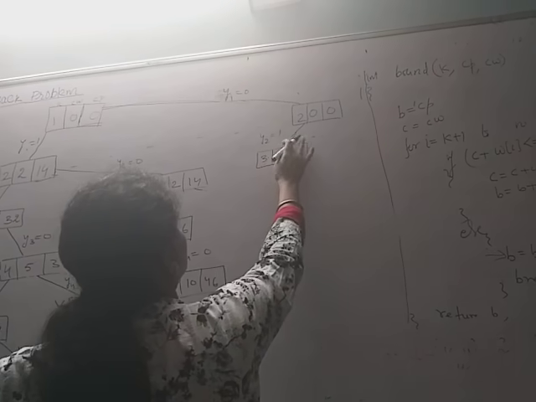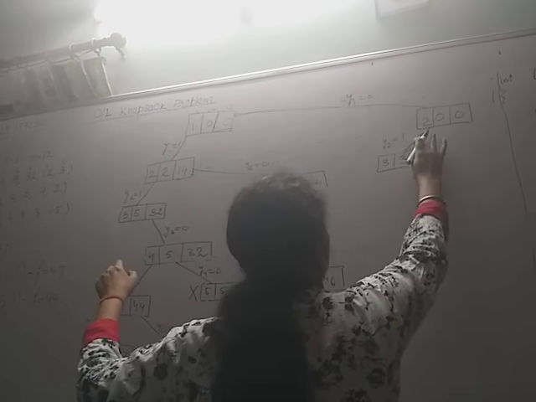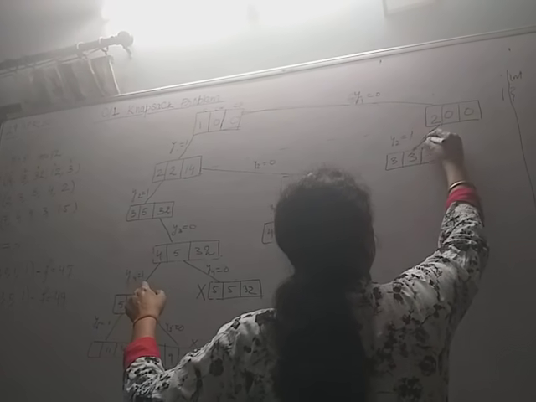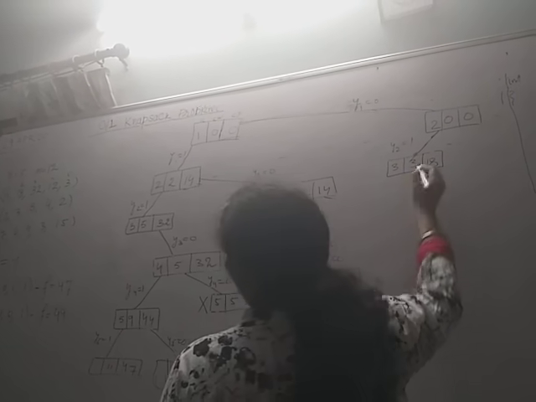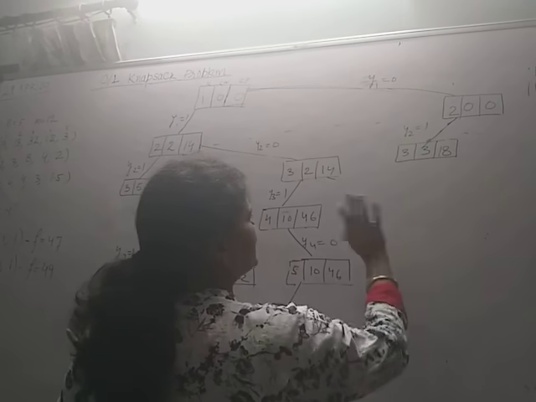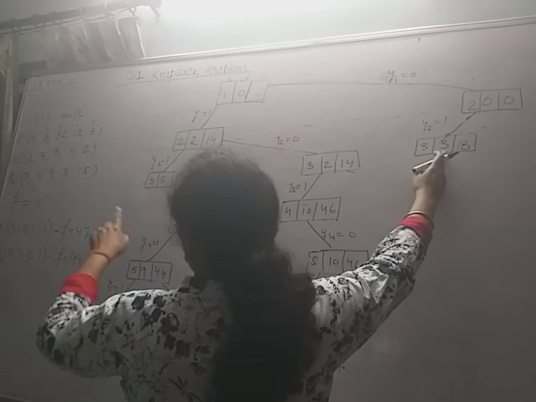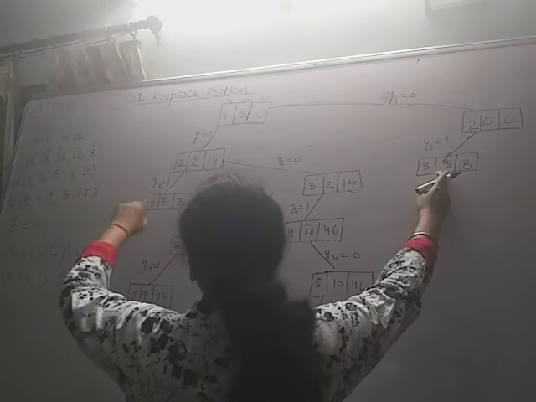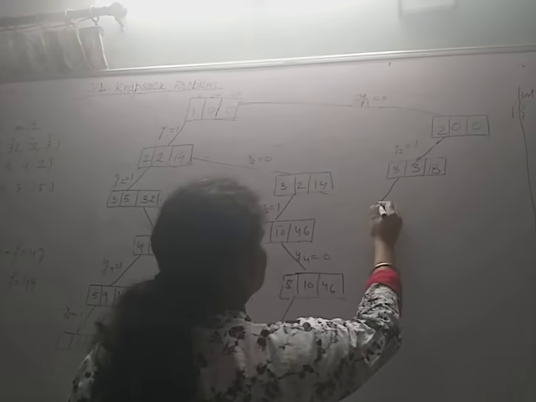The first weight is included, the second weight is added, that is 3, and the profit is 18. Again for the left branch there is no issue, you just check 3. The third weight is 8. 8 plus 3 is 11, so we can move to the left. We can generate the left child.